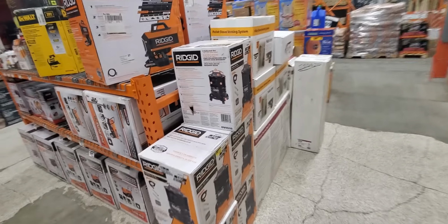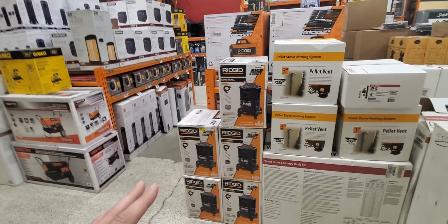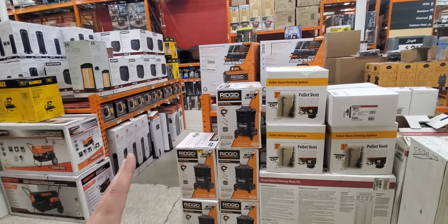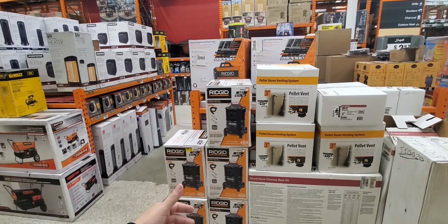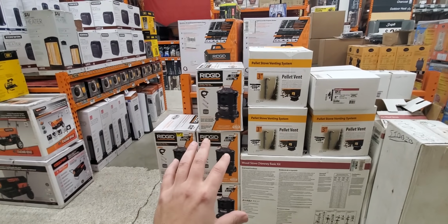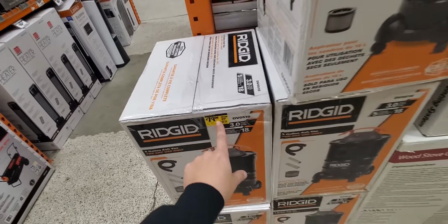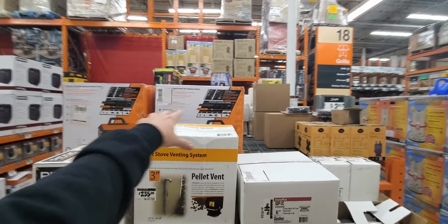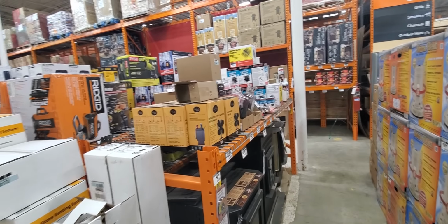Oh, here's the Ridgid. Guys, I put a picture up on Instagram yesterday. I must have got around 20 private messages. It's the new 18-volt, 9-gallon wet dry shop vac. It was $60, I think, in Florida. Here's $79. So these are down to $79. But yeah, you got to have the proper